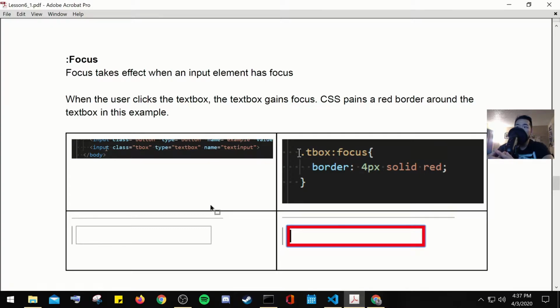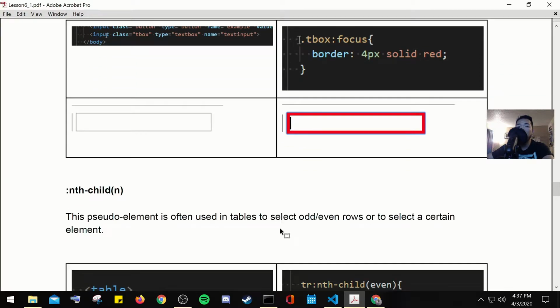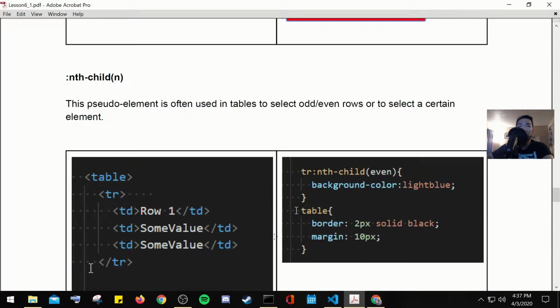So here you would use :focus, and you just set the border to whatever color you want. And here you can see the picture is focused when you click on it or interact with it. And then you also have the pseudo-element